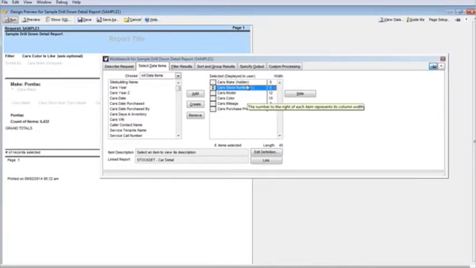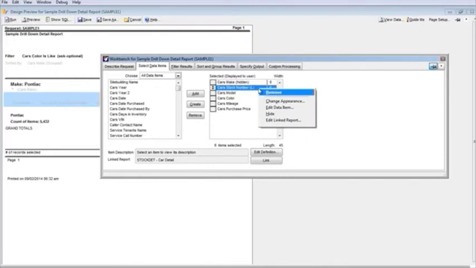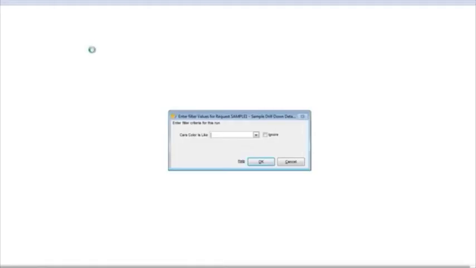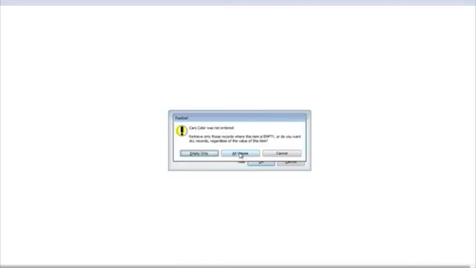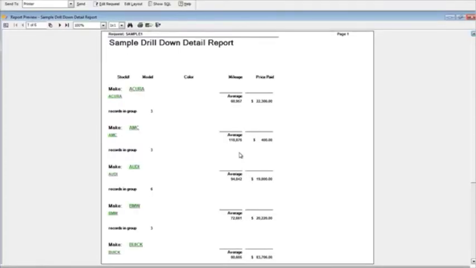Now when I click on OK, you'll notice that the L appears right beside it. Now if I right click, I can choose to edit the linked report if I need to, or I could just click on the link button as well. Now when I run this report, it appears like it currently does, but if I click on one of the items to drill down into it,